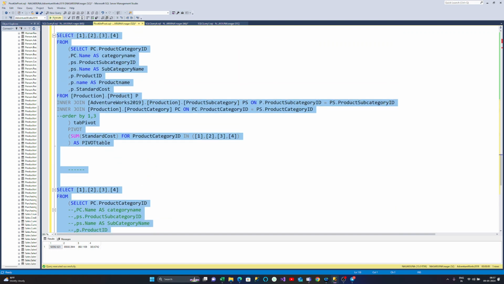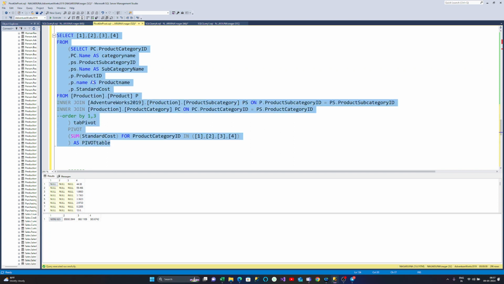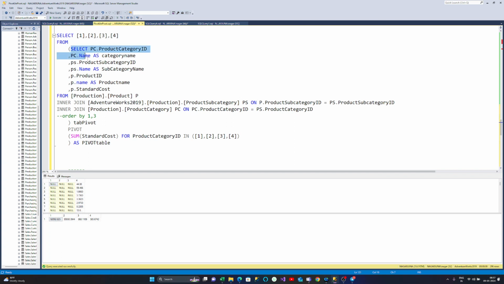If you see the difference, even if I write this, I need to write one more subquery while taking this one. But if you are good at SQL, here only you can simplify the query. The same query you can use. Suppose if you want to get the data also, you can take one more subquery on top, then you can put the select sum of 1, 2, 3. But why waste those lines and